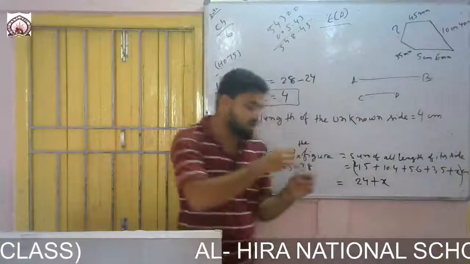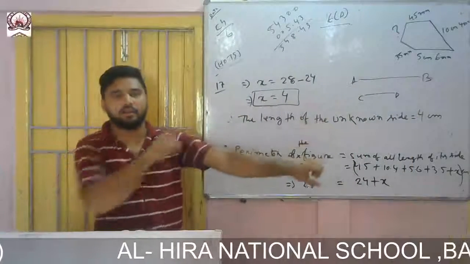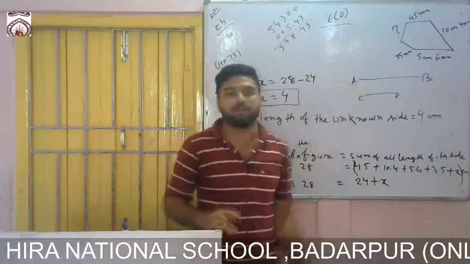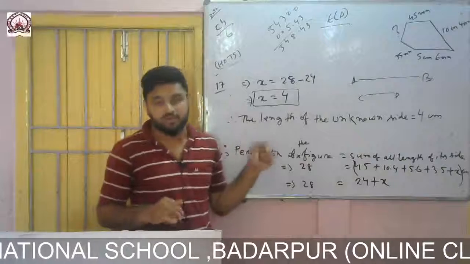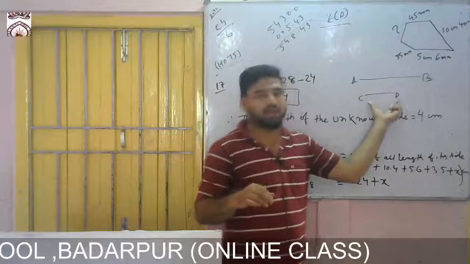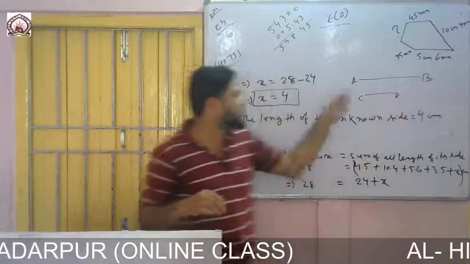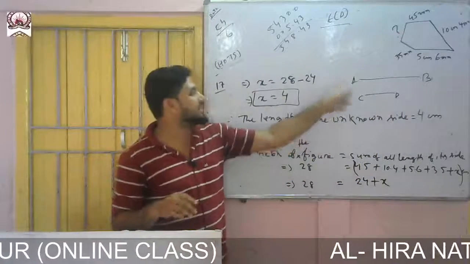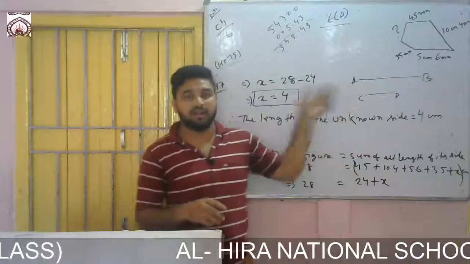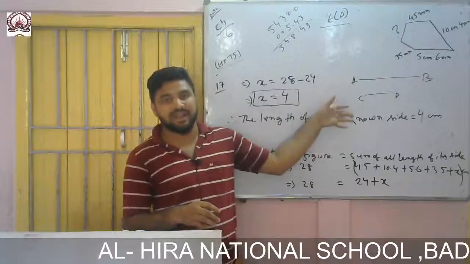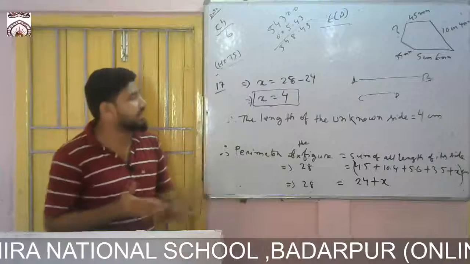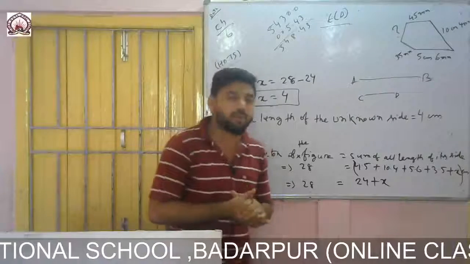These two lines can be compared by eyes also. By looking at the figure you can compare which one is bigger and which one is smaller. How? Because you see AB length is more and CD is smaller. So by looking at the figure also you can understand that one is smaller. That means I can say without measuring which one is greater. So it is called comparison by observation.